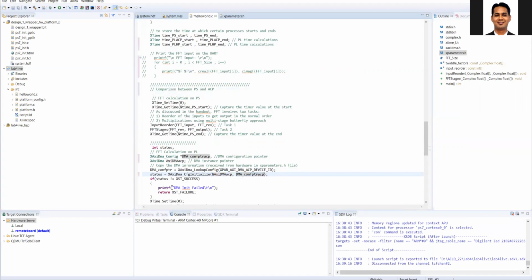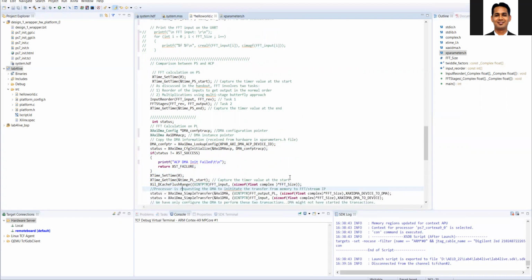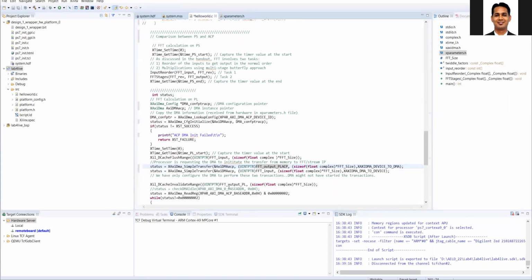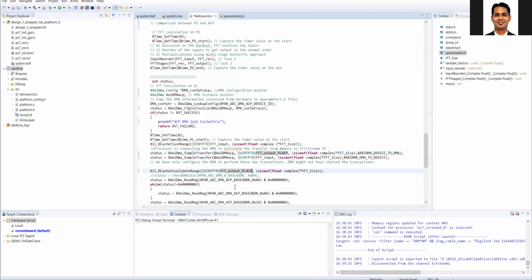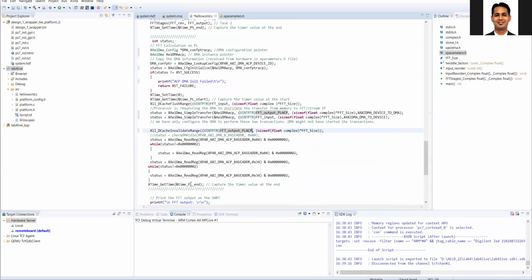Okay. Then here it should be the ACP DMA failed. Then FFT input is being passed. Then the DMA here, it should be ACP. So you can see that I'm just trying to change everything to the ACP here. Here also it should be the ACP, output of the ACP1, XDMA, validate range, PL ACP. Then base address is same, base address is done, and this is the